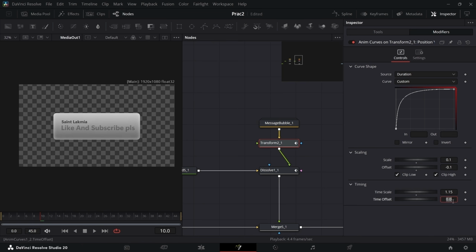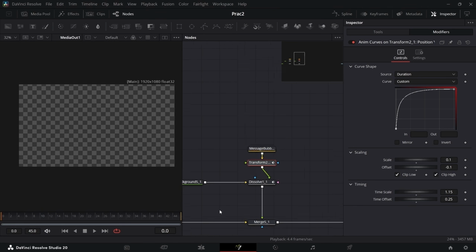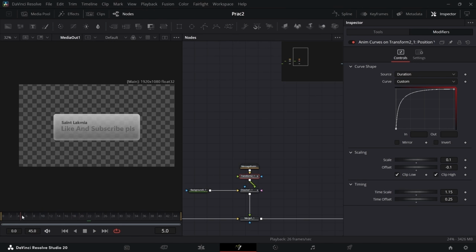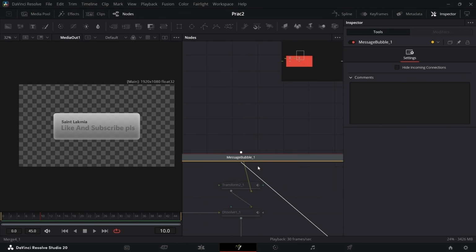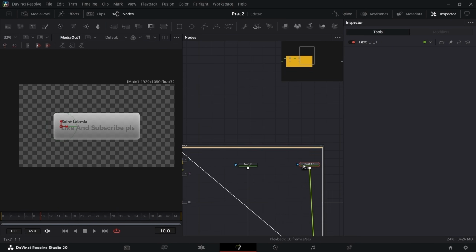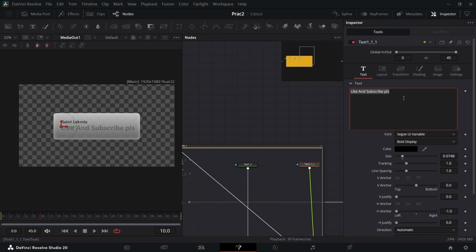Anyway, to delay it, we're just going to come in here and we're going to type a new value, 0.25, and we'll come in here and play that. See what that looks like. Yeah, and now we have that multiple iMessage template effects. Obviously, you have to come in here into the message bubble and change your message text. So maybe I'll come in here,